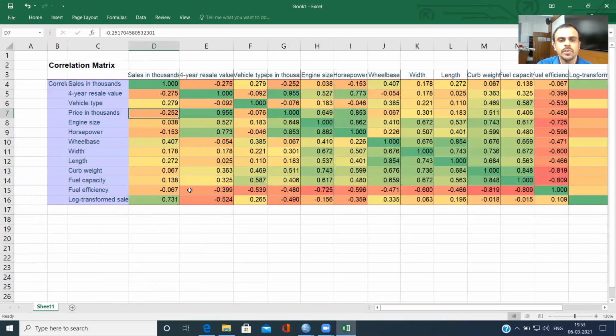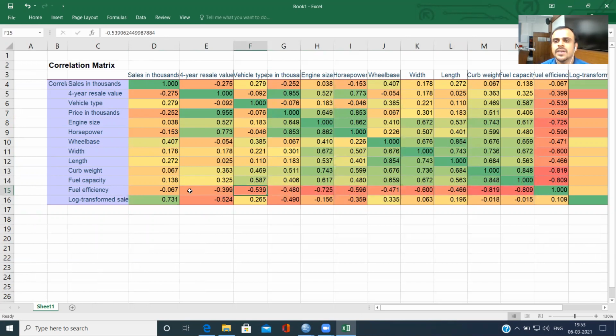Now, when you look at fuel efficiency, almost all of these variables have a negative relationship with fuel efficiency, except the variable fuel efficiency itself, right? You can see here -0.39 and vehicle type, and all these are variables which have a negative relationship with fuel efficiency.